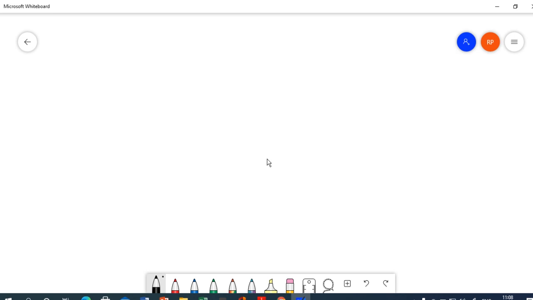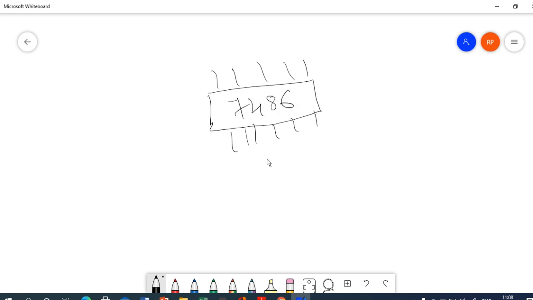Here the integrated circuit looks like a rectangular shape. I will show you first what an integrated circuit is. I hope you have worked with such an integrated circuit with different legs like this. The IC name may be like 7486, whatever IC you choose. It has pin numbers. We call it an integrated circuit.